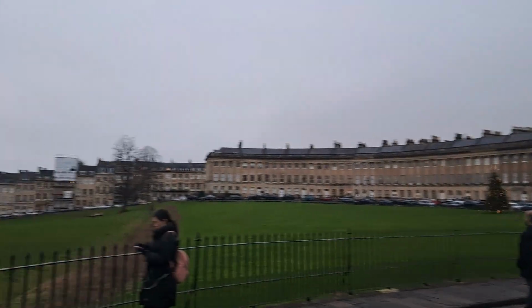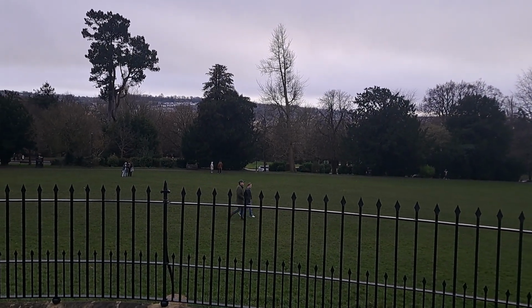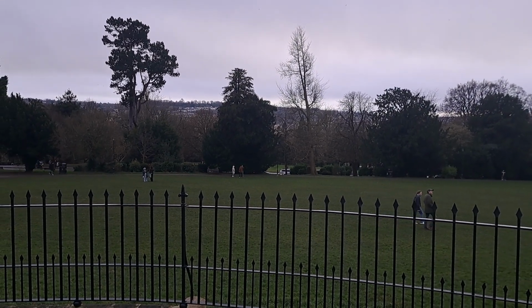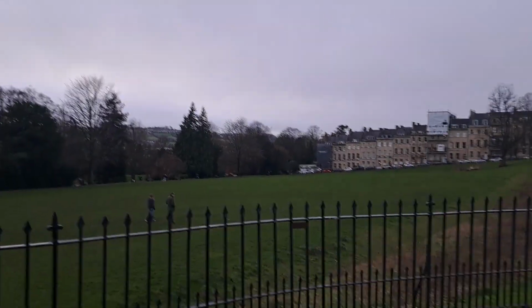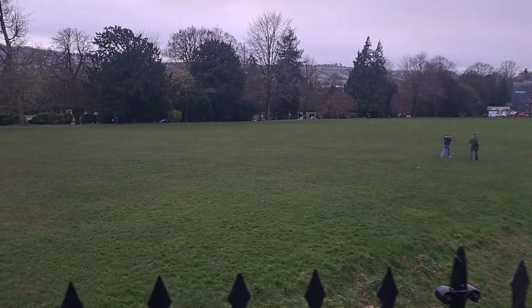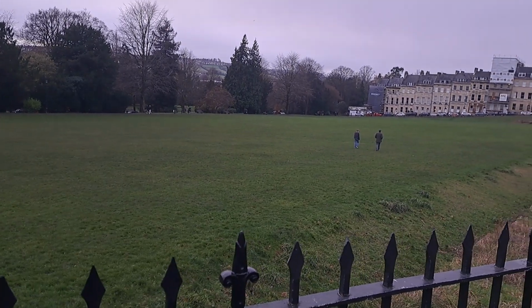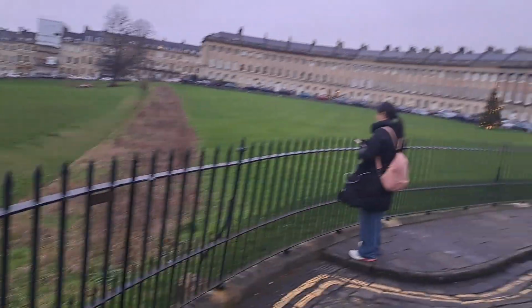And across the way you've got over the hill there, and then you've got down into the valley. There are building regulations which will forbid building anything on the opposite side of the hill to spoil the view, basically. If you look out from one of these windows, all you will see is greenery. But it's a bit of a trick here, because what you have is a device known as a ha-ha wall, which was again installed when this land here, which is now a park, was once a farm. You had sheep and geese and cattle. They didn't want them straying into the crescent, so they built a ditch, which you can't see if you're looking out of the